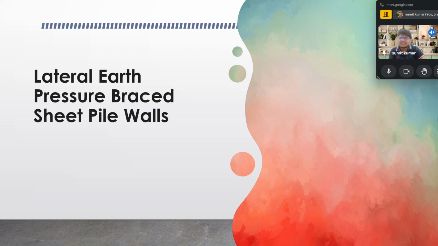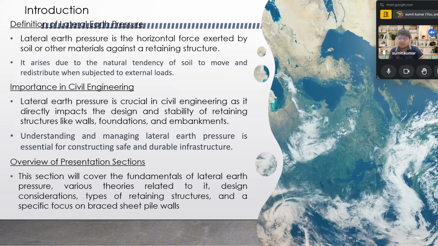Now, as we see the lateral earth pressure based sheet pile wall, for that we say that the lateral earth pressure is a horizontal force exerted by the soil or other material against a retaining structure. It arises due to the natural tendency of soil to move and redistribute when subjected to external load. If loads are applied, the load will try to be distributed. Soil tries to move in a certain direction, due to which this